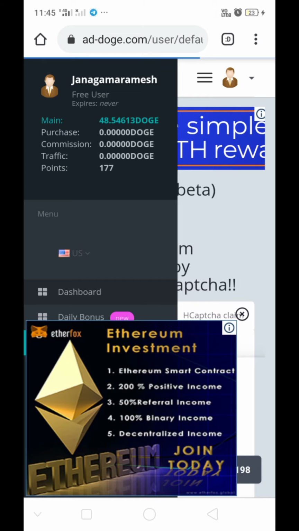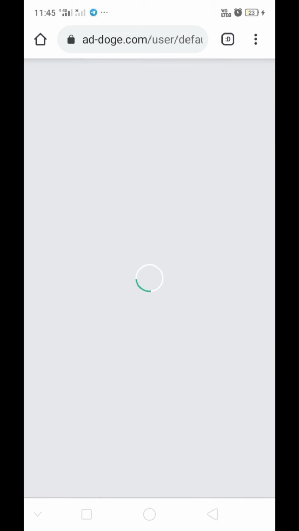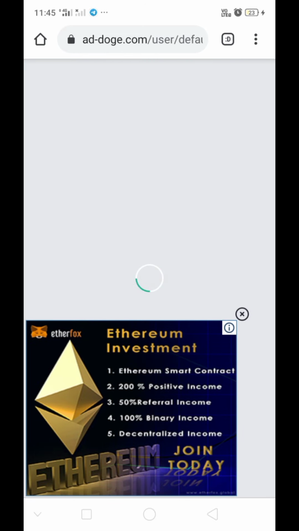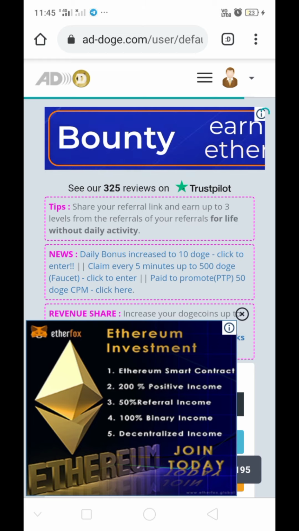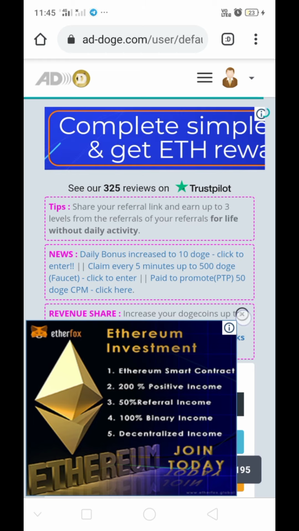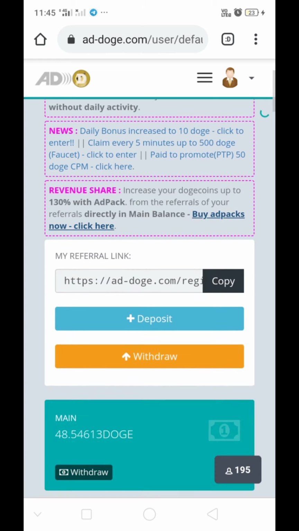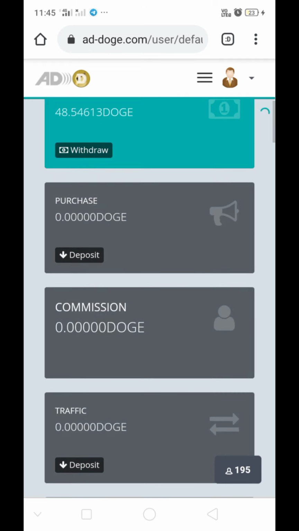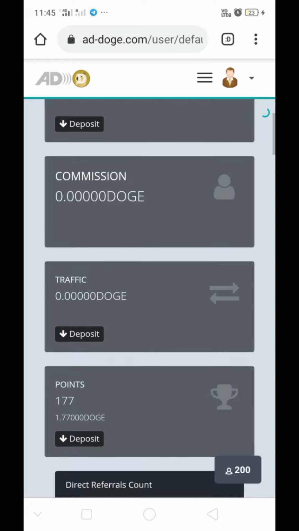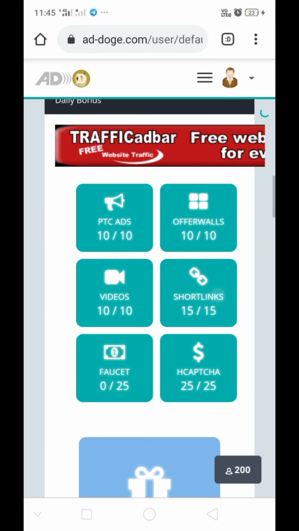My 25th edge captcha is completed. Okay, go to dashboard. See there, 25 edge captchas are completed.